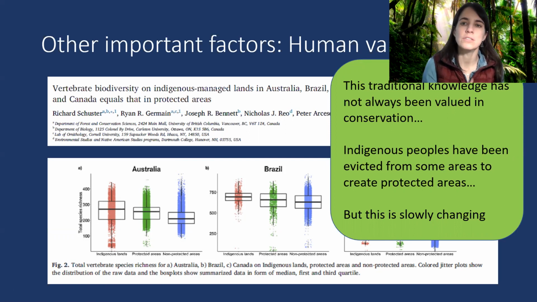In some places, and you'll see this in one of the videos, when governments decide we're going to protect an area and draw a line around it, indigenous peoples have sometimes been evicted from those areas so that they'll be pristine and human free. But that's totally overlooking the fact that those peoples have lived there for thousands of years and are part of the reason why those ecosystems are healthy. And this is slowly changing in some places. So that's the last